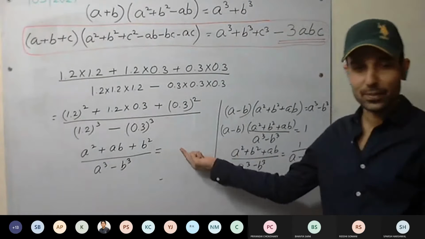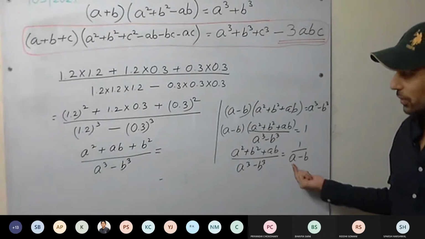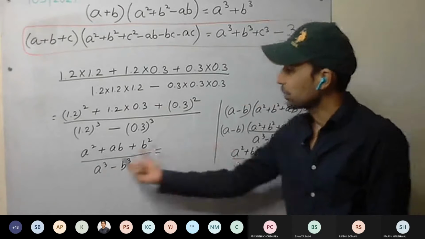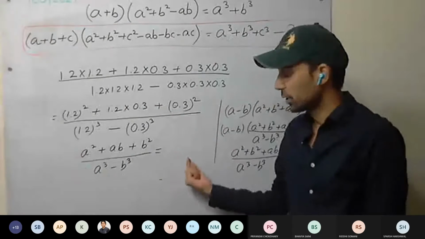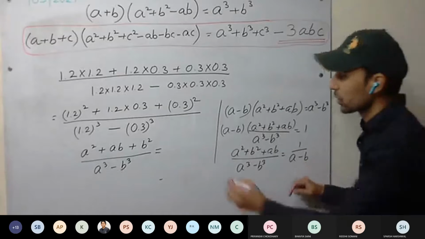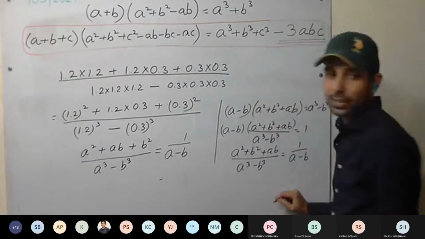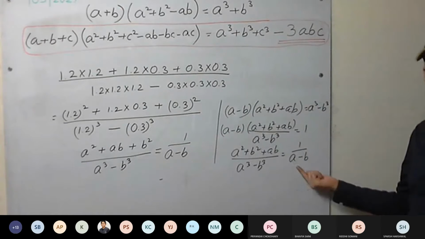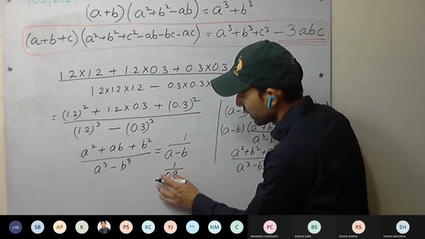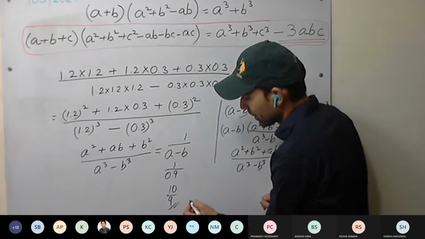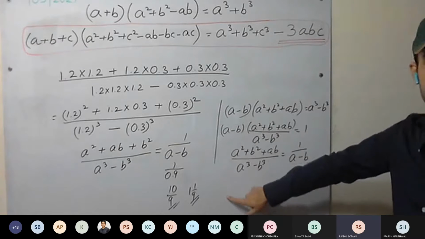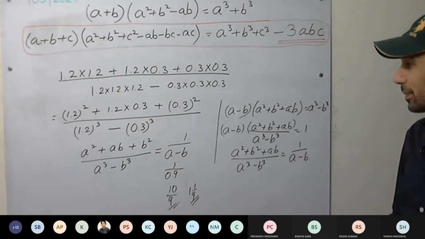Okay, we made the mistake here. Have you understood now? Because if we write a minus b, then a cube minus b cube will multiply that. A minus b mainly multiplies this one, so it will come in the denominator. So 1 upon a minus b will come. Now it will be 1 upon 0.9, or 10 upon 9. Is this the answer? Yes, sir. This is the answer. Clear to everyone?